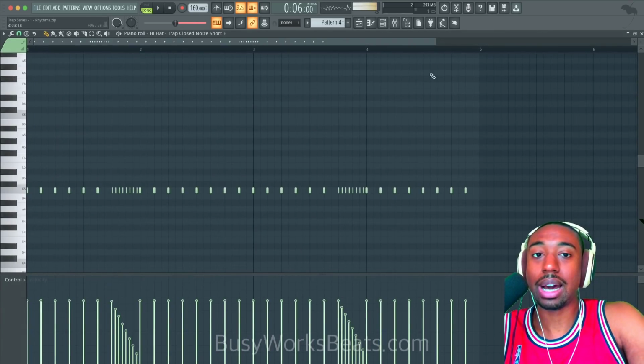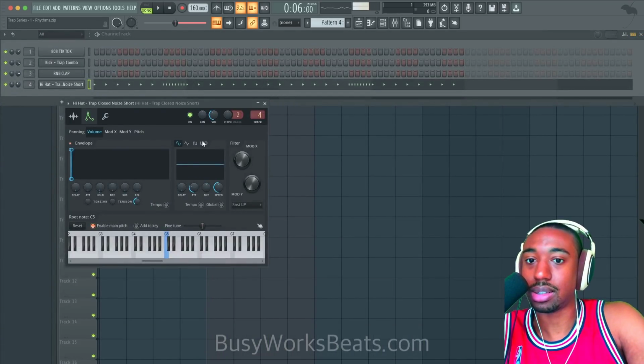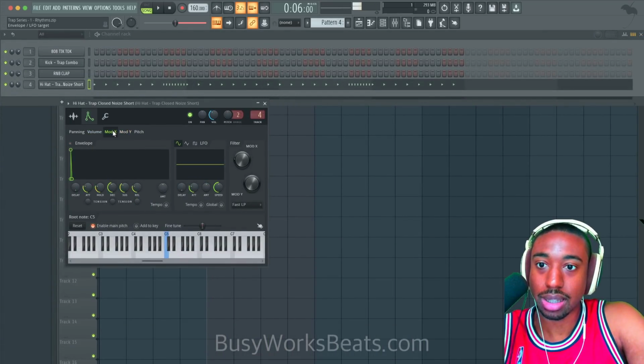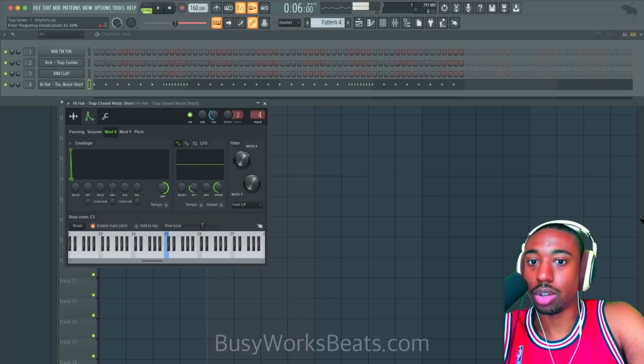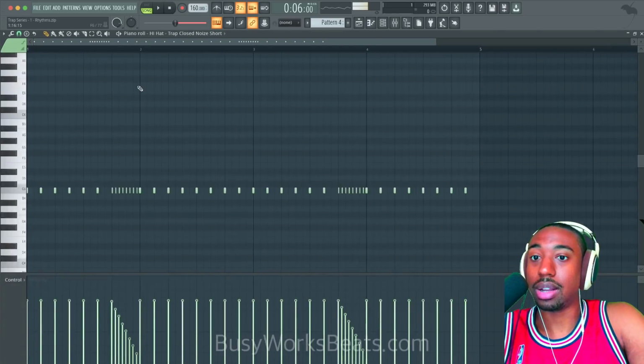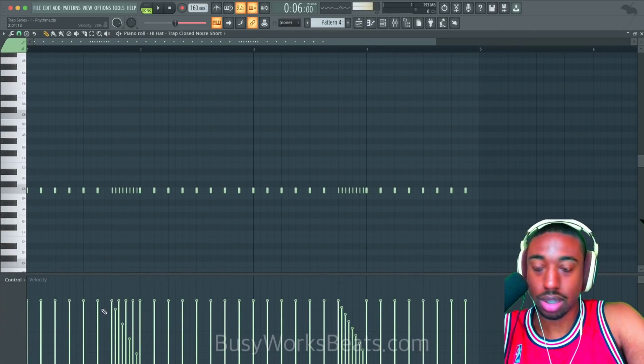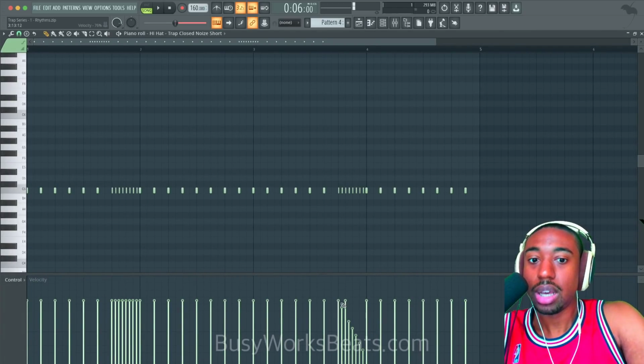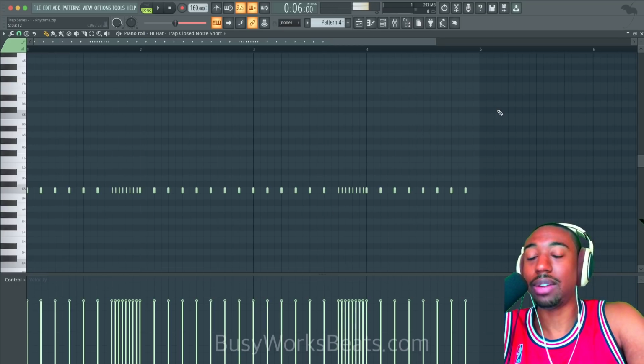Now lastly about the hi-hats, I don't really like that lasery sound. I just don't like it. So I'm going to take that off. But I wanted to show you what that meant and how to get that sound. Now let's focus in on the last aspect here, which is going to be understanding the hi-hat is a multifunctional sound.